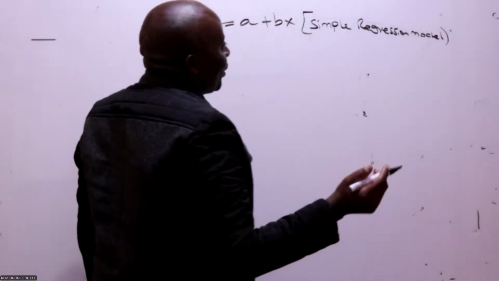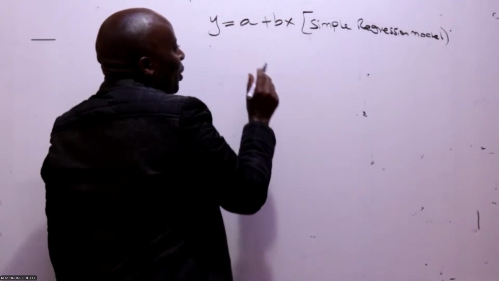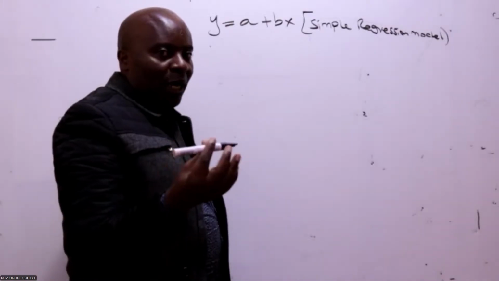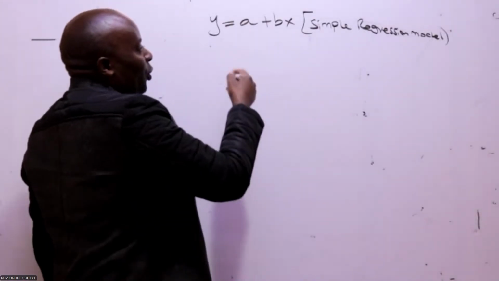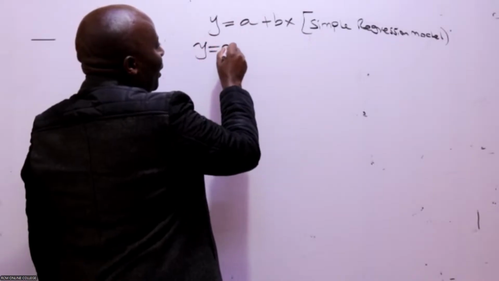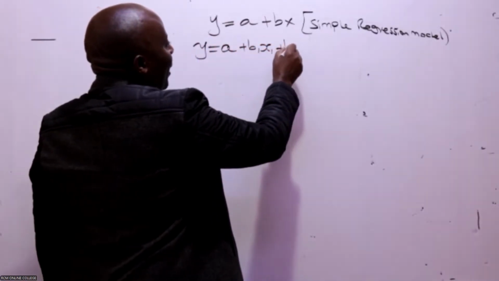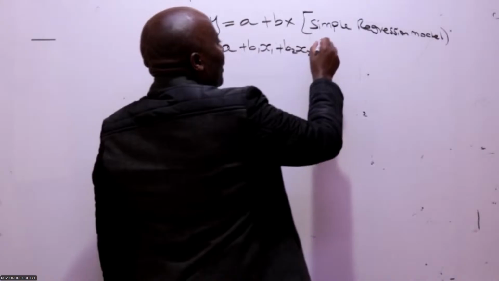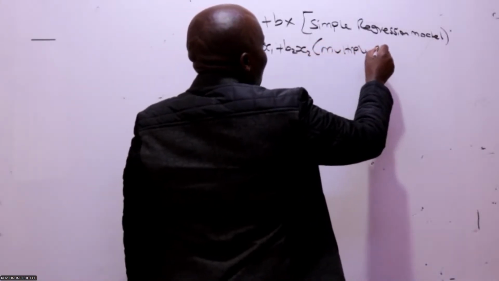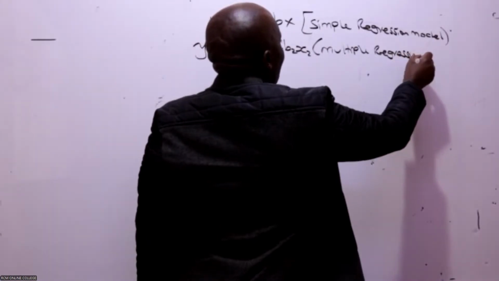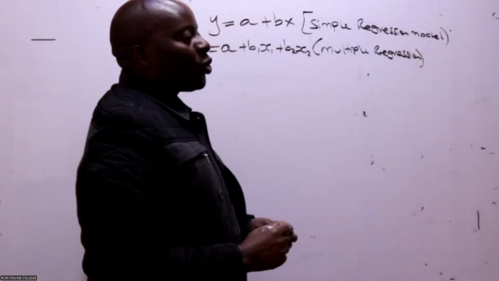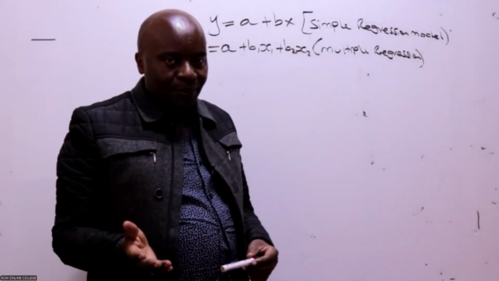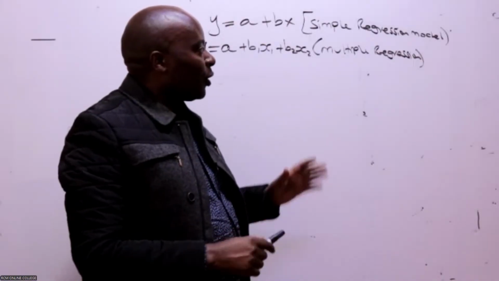The question that we have here is multiple. So why are we calling the other one simple? Because it has only one predictor variable. But in most cases, it will have like 2 of them. So it will be y equals a plus b1 x1 plus b2 x2, like that. This is multiple regression, because we happen to be having 2 predictors, X1 and X2. Those are the predictor variables. So it's multiple regression. Actually, this is not the point, because for the first part that I would want